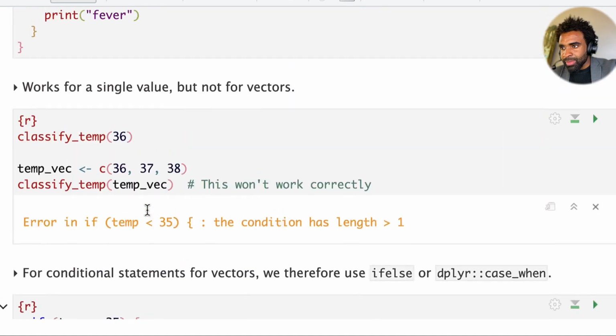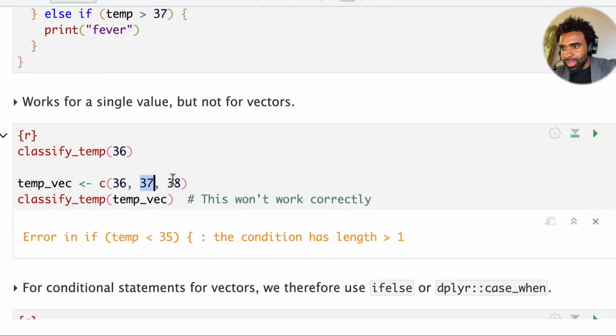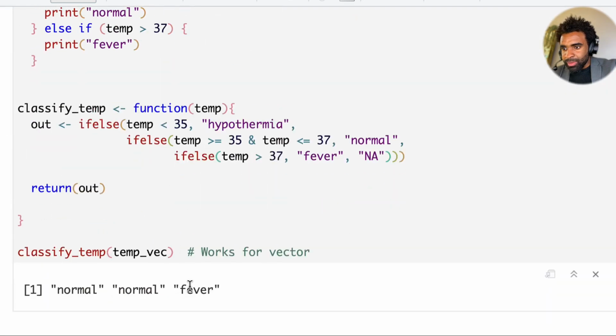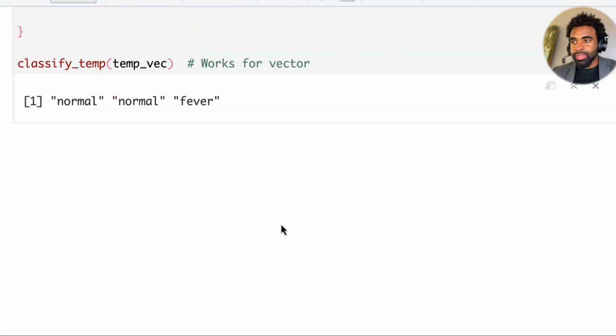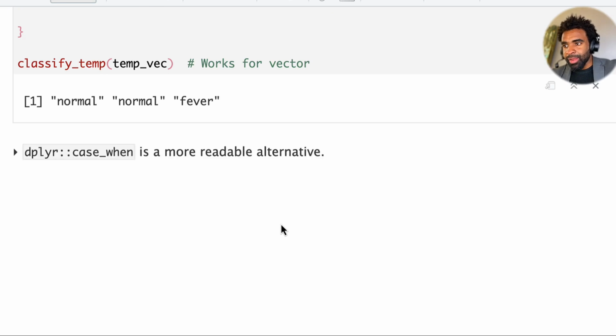Okay, remember that temp vec was 36, 37, 38. Only one of these is fever, and we get that third one there being fever. And this therefore would also work on a data frame. Now as an alternative to these nested if-elses, dplyr has the wonderful case_when, and we can use this as